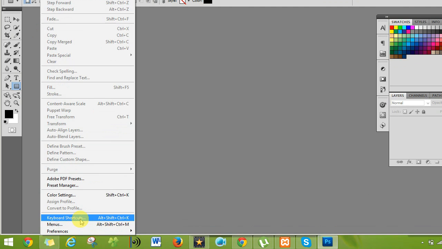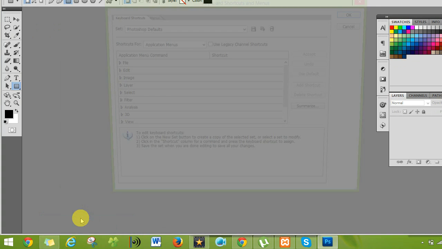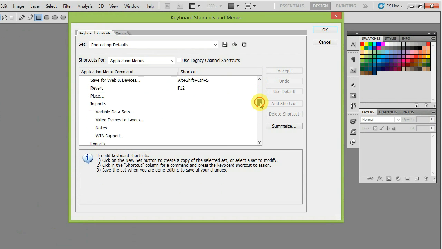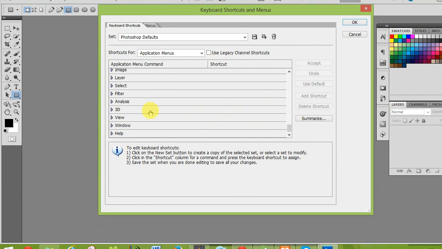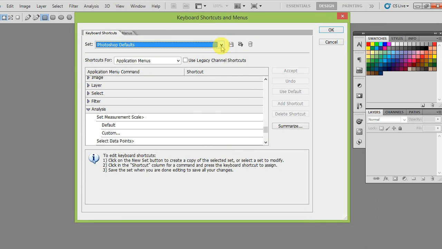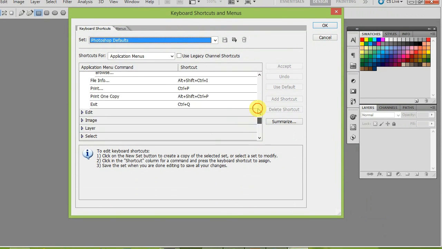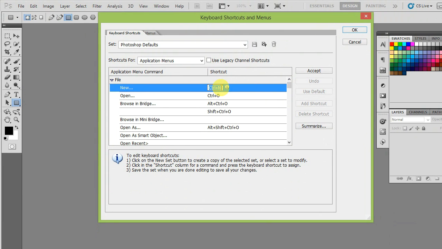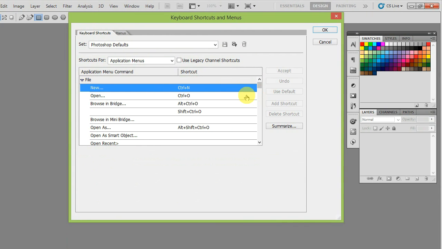If you don't know any keys, or if you want the shortcut keys of Photoshop, just click on this. You are going to get all the shortcut keys. Just note them in your notepad or your notes, and try them when you are working. Here you can also change the shortcut. If I set A, it means if I click Ctrl A, a new file is going to be created. But I don't want to change this, because the default is nice for me.